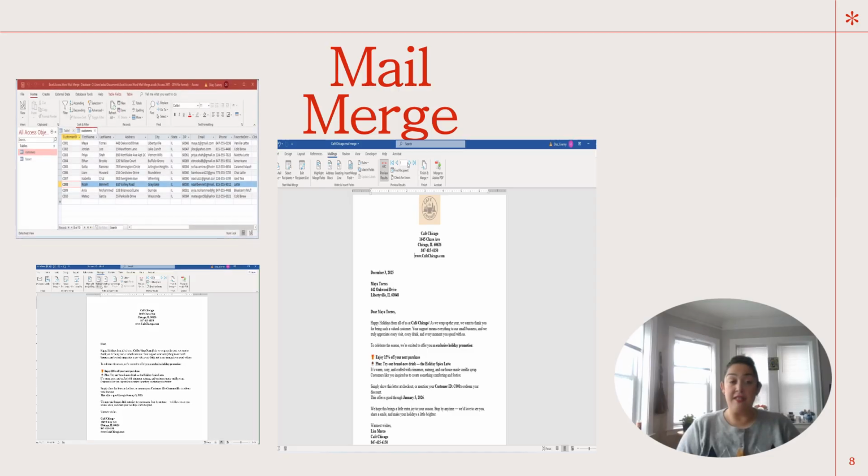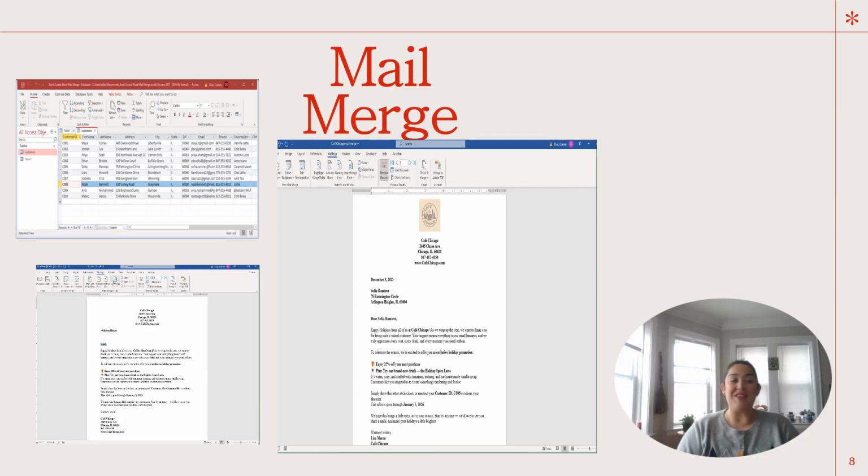For my final example, I show how I use Access and Word together through mail merge to manage large-scale professional communication. I start by organizing data in Access for larger, more detailed databases, such as customer lists, media contracts, loyalty members, vendors, and event guests. Once the database is ready, I import it